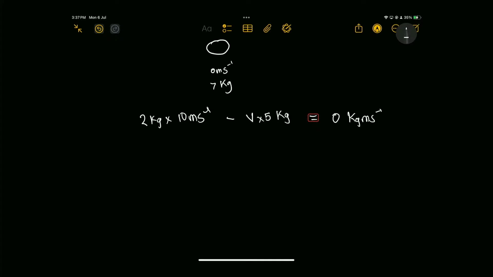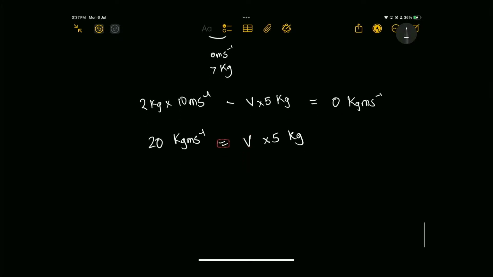Now we can just rearrange this. So 20 kilogram meter per second is equal to v times 5 kilograms. Therefore,